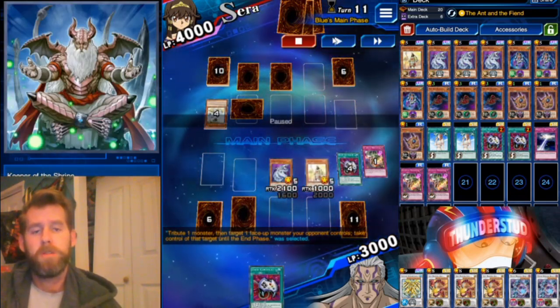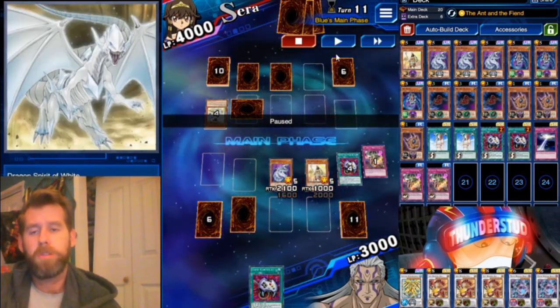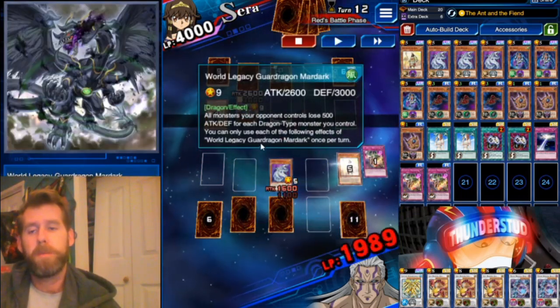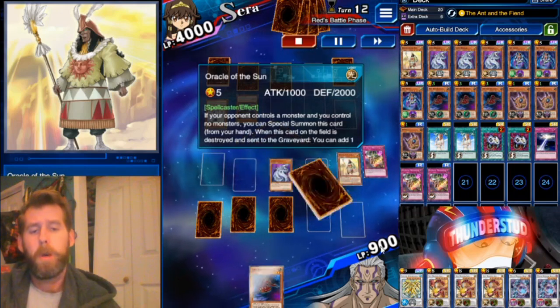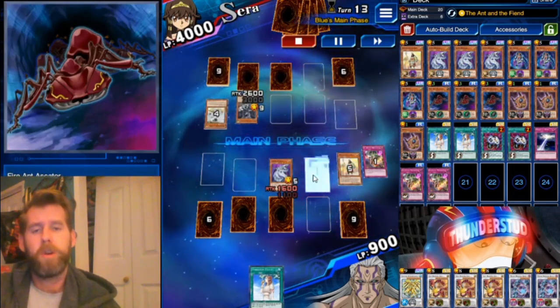Super random. So in case you missed that, we did an econ take of our Fire Ant to take the Spirit of White. Then we normal summon an Oracle of the Sun for the Spirit of White. Here he flips up a World Legacy Guard Dragon Dark and swings into our Oracle of the Sun. We take a bunch of damage, but when he's destroyed, you get a Search of Fire Ant. So I grab my Fire Ant,